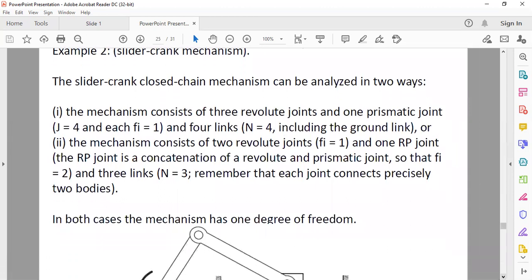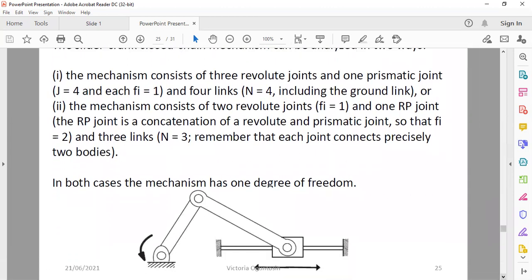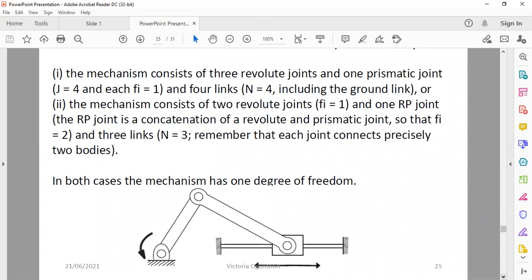So this is another robot, and we want to calculate its degrees of freedom. It's a planar object, so that means that m is equal to 3. Then n is the number of links. It has